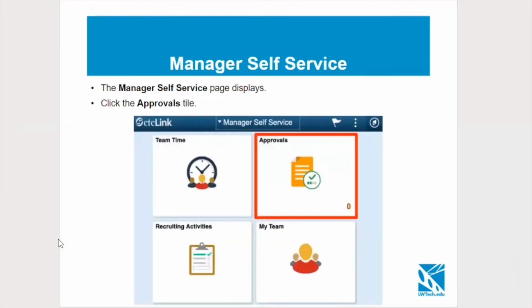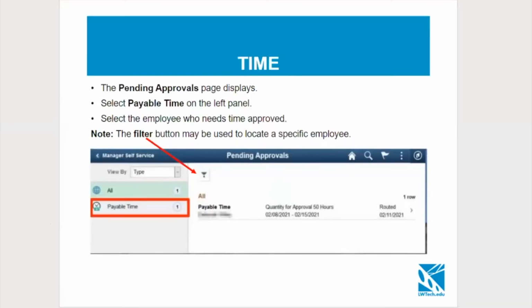Once in manager self-service, you'll be able to see if you have approvals that need to be done. This 0 will change to a number depending on how many approvals you have received. So you'll click on that, click on the approvals tile. The approvals tile will tell you if you have time to approve and or absences. So that's all encompassing. Once you're in here, you're going to click on payable time